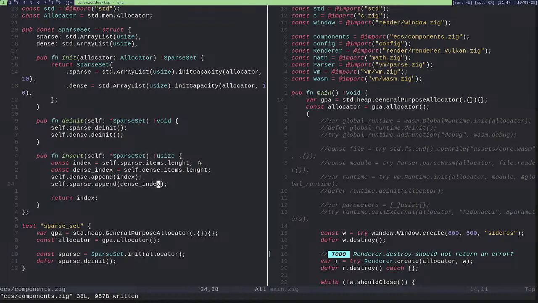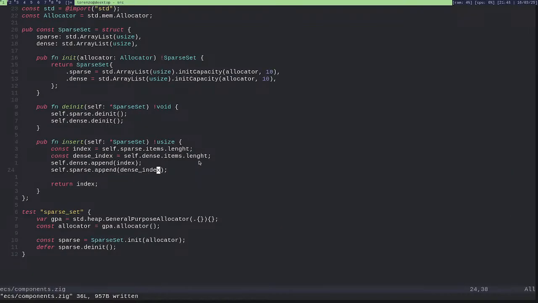This way I can iterate quite easily over the dense array, and I will be very cache friendly and so have better performance overall. This is what entity component systems aim to do: use the CPU cache quite well.